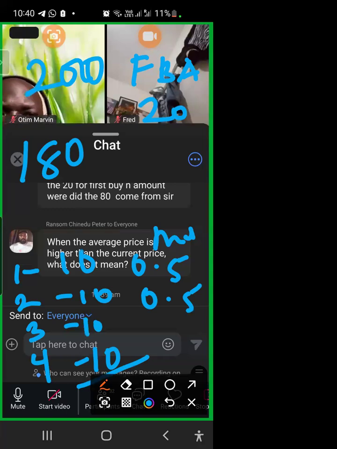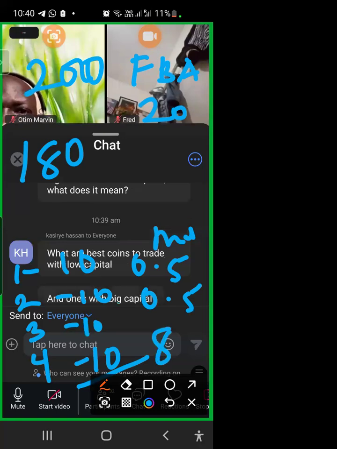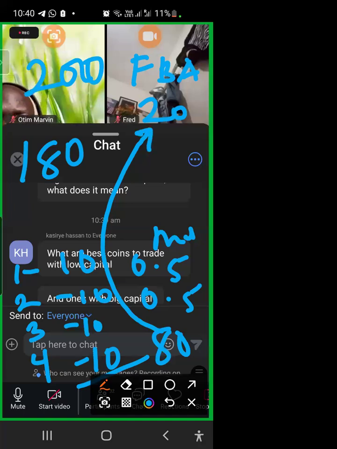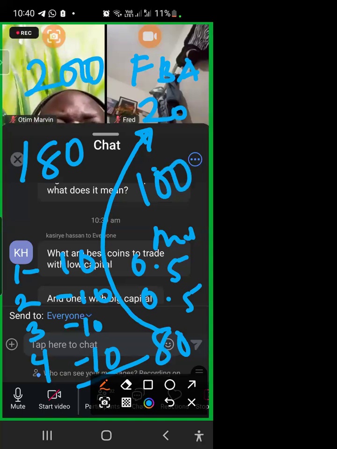That is 20 plus 10, that is 30, plus 10, that is 40. But this 80 is together with the first buying amount, which is making it 100. Therefore, you have to set margin calls remaining with